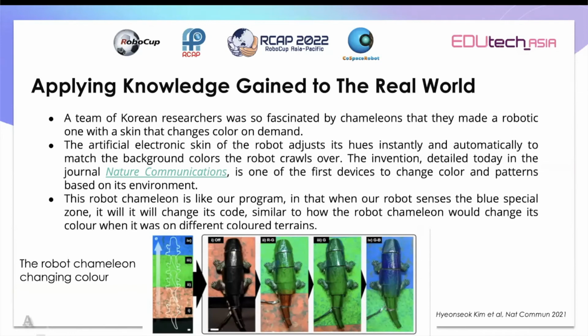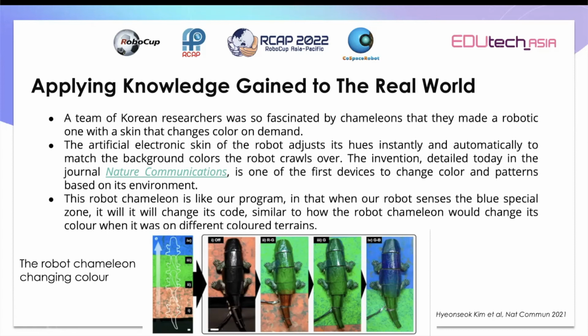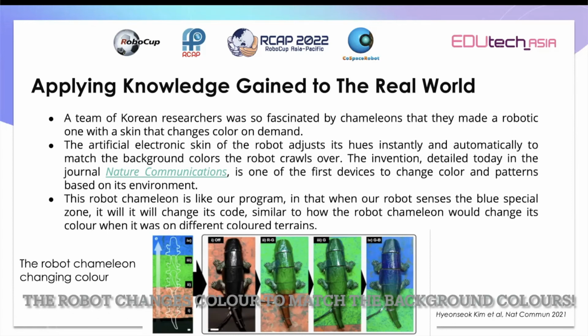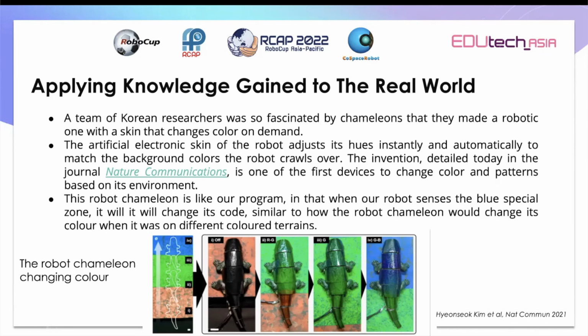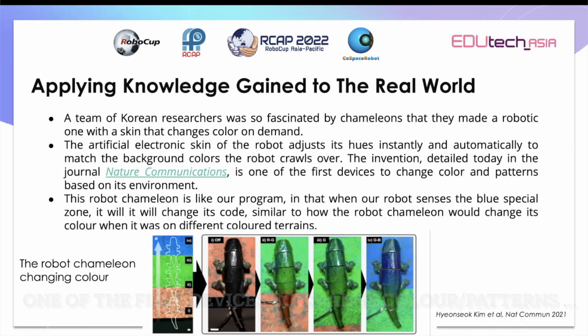A team of Korean researchers was so fascinated by chameleons that they made a robotic one with a skin that changes color on demand. This artificial electronic skin of the robot adjusts its hues instantly and automatically to match the background colors the robot crawls over. This invention, detailed today in the journal Nature Communications, is one of the first devices to change color and patterns